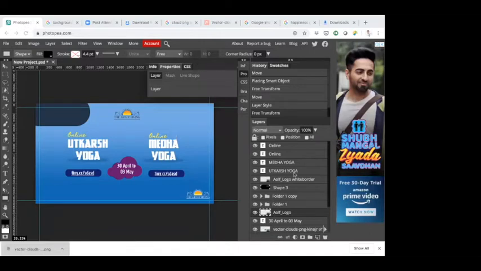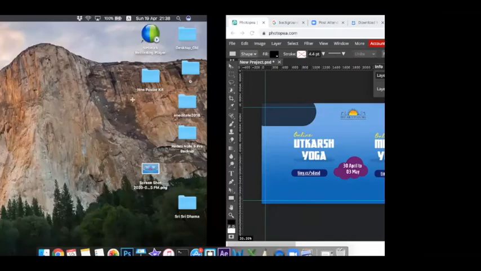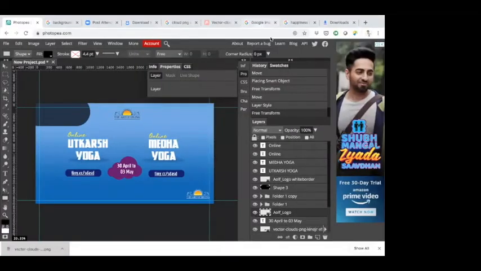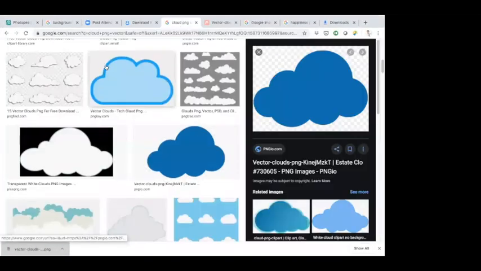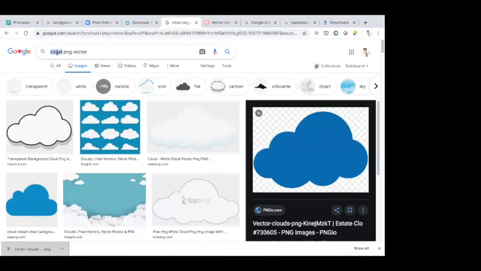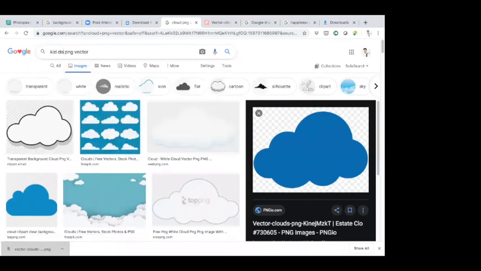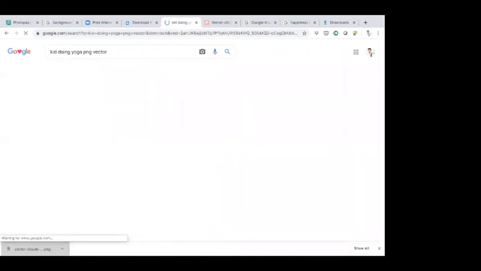Okay, cool. All right, now coming back, we have a few more things which we need to add, which is the kids actually. These kids photos are actually individual PNG elements which you can always download from Google. Like I searched for cloud PNG vector, and for this cloud, and searched for kid doing yoga PNG vector.